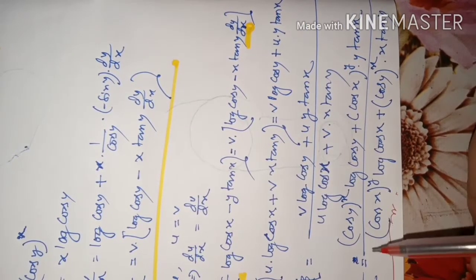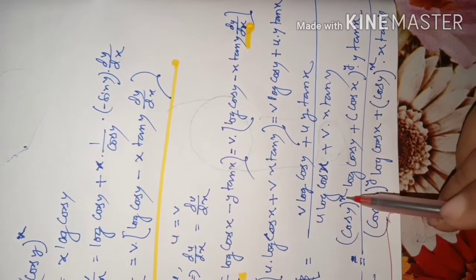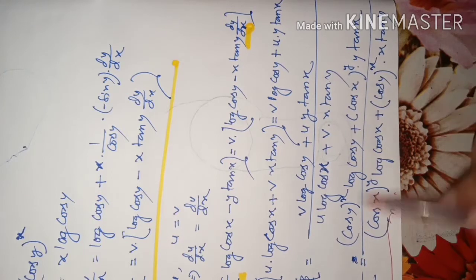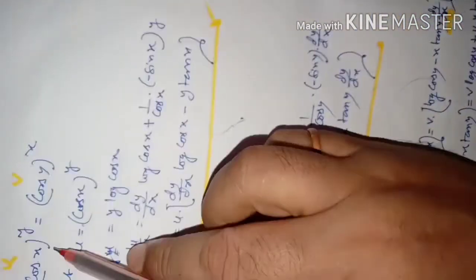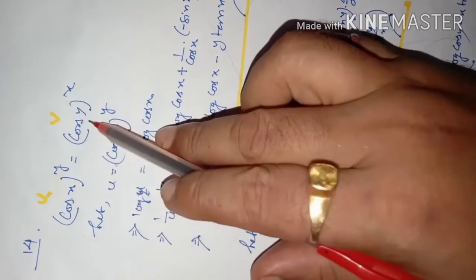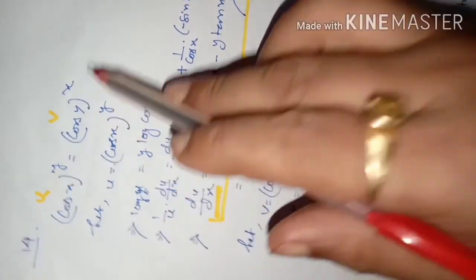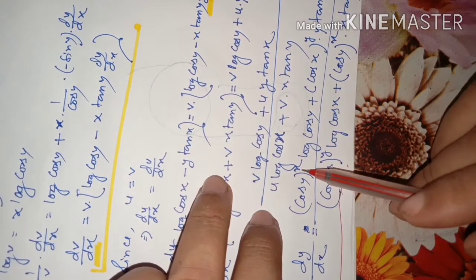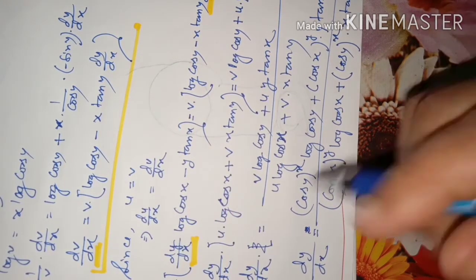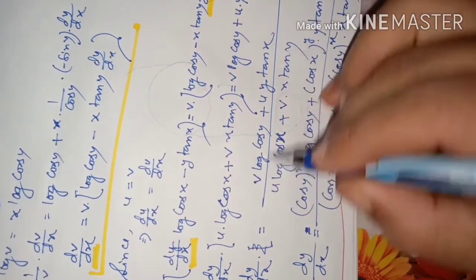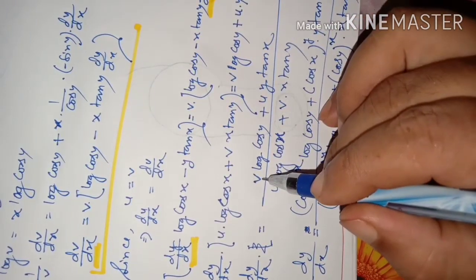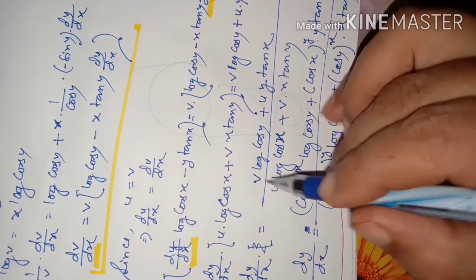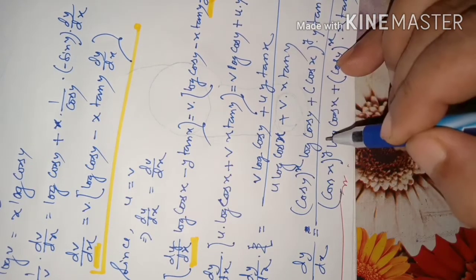But here you see this cos y to the power of x is same as cos x to the power of y. So you can take this as a common factor also, because you see in the beginning itself we have said cos x to the power of y and cos y to the power of x both are equal only. So we can take as a common factor here. Means cos y to the power of x, or here itself we could reduce the step like this. V and u are both are equal. So u here also you can write u, and here also you can write u. So then this u and this is also u, this is also u, this is also u. Are you understanding what I am saying?